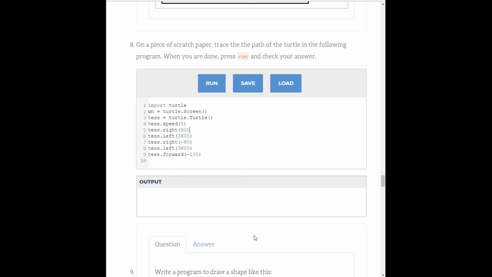And then turn left 3,600 degrees, which means it's going to turn left by that much. So how much is 3,600 degrees? Well, a full circle is 360 degrees, and 3,600 divided by 360 is 10, so it turns left 10 times,